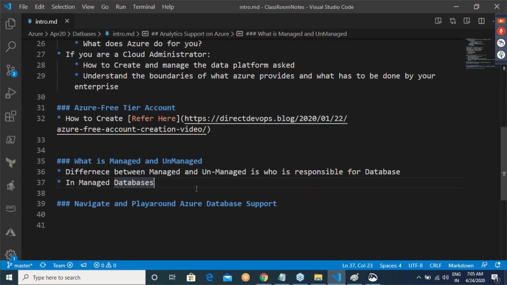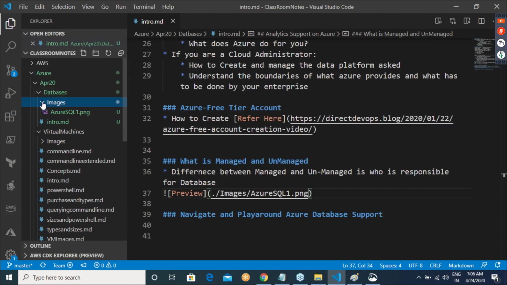Preview. /images/Azure SQL 1.png. Let me look at the casing, because casing is extremely important. Yes, I'm right.